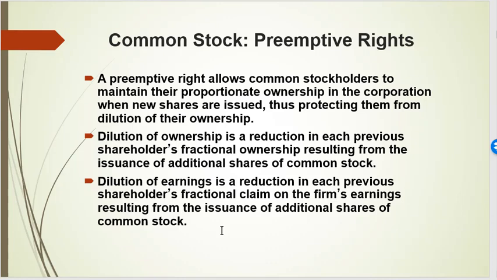Now, if everybody buys the shares, if there were 10 of us and each one of us bought our 10%, the dilution of ownership wouldn't happen because we still all own 10% of the voting shares. The dilution of earnings wouldn't happen because we're all going to receive our 10% of assets and profits. The only time we worry about dilution is when the shares are issued and ultimately purchased by a new investor, someone from outside the current list of shareholders.